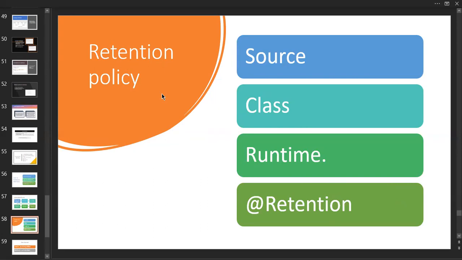Three cases are available, and based on these 3 cases, the annotations are differentiated. So we need to mention the retention policy according to the usage of an annotation.